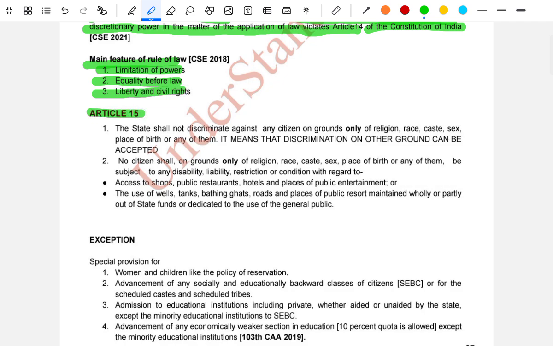Article 15. The state shall not discriminate against any citizen on grounds only of religion, race, caste, sex, place of birth, or any of them. It means that discrimination on other grounds can be accepted. Second, no citizen shall, on grounds only of religion, race, caste, sex, or place of birth, or any of them, be subject to any disability, liability, restriction, or condition